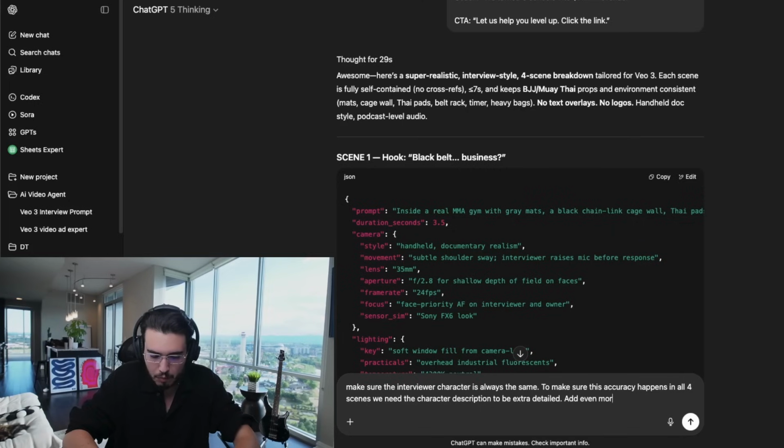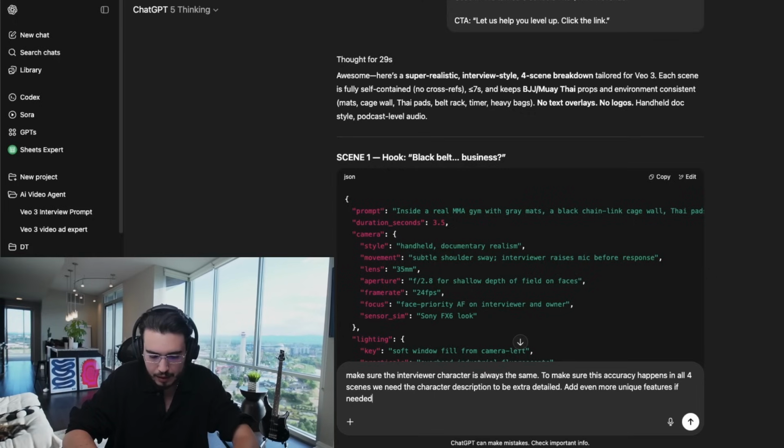Add even more unique features if needed to maintain and help with accuracy and us remembering the character.